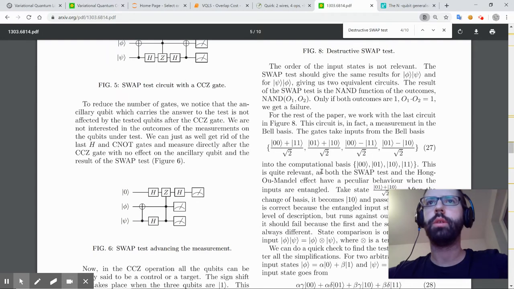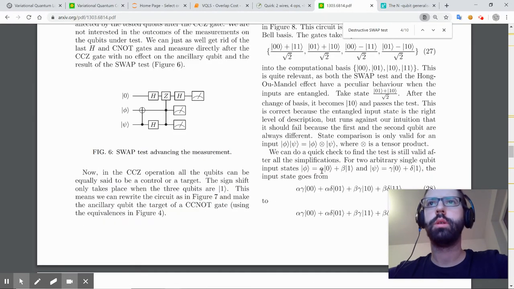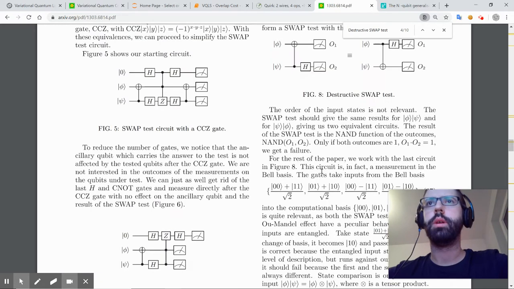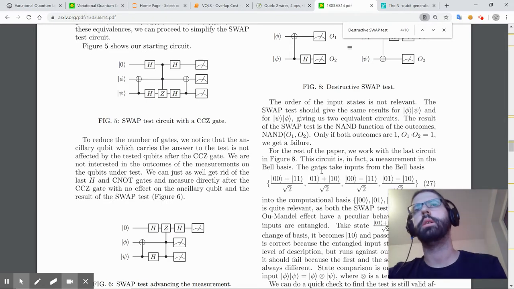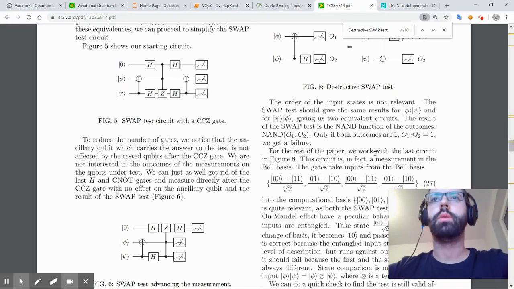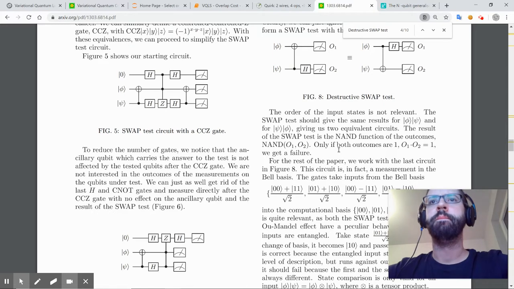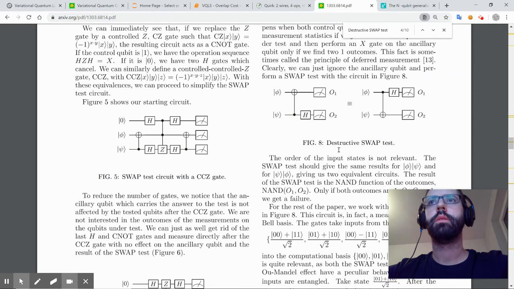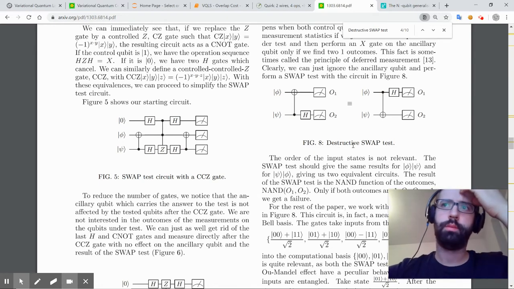Yeah, but that's what I was doing, right? It's essentially what we're doing. So if both outcomes are 1, then we get a failure. But then we're talking about expectation values, or